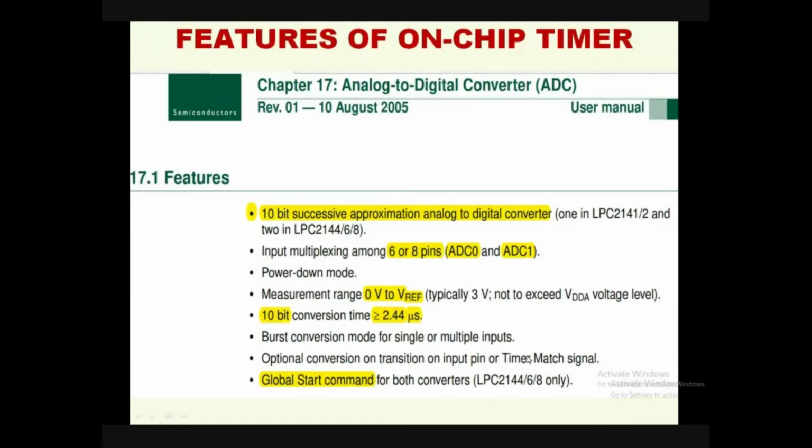And every 125 microseconds, we can convert the digital value, which is the speech signal sampling with respect to the Nyquist rate. So this is more than enough to do the speech signal processing. Why? Because the conversion time is only 2.5 microseconds, because once in 125 microseconds only we are going to take the sample. Hence it is more than enough for the LPC2148 itself to do the analog signal processing as well as digital signal processing, at least speech signal processing, something like that we can conclude. So why timer match? For periodic sampling, once in 125 microseconds I need to take the sample and then I need to convert the analog signal into digital.